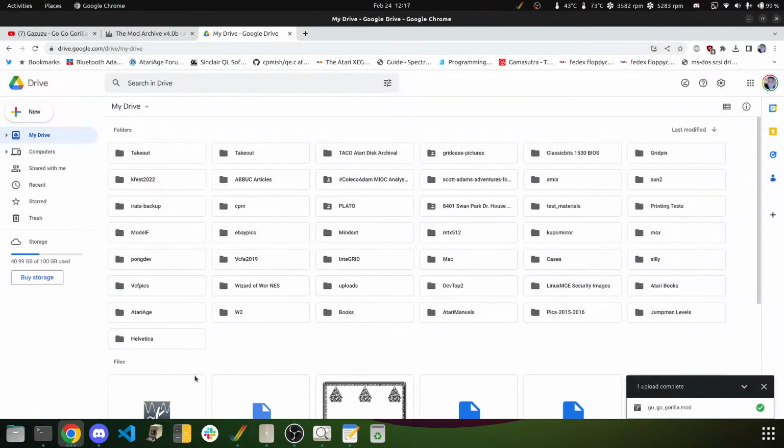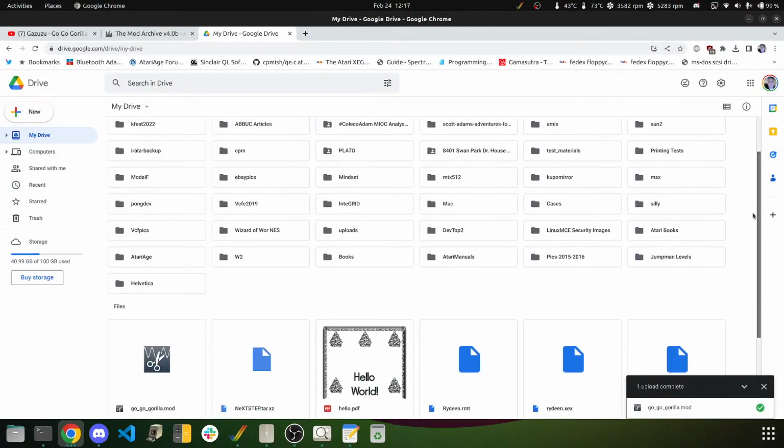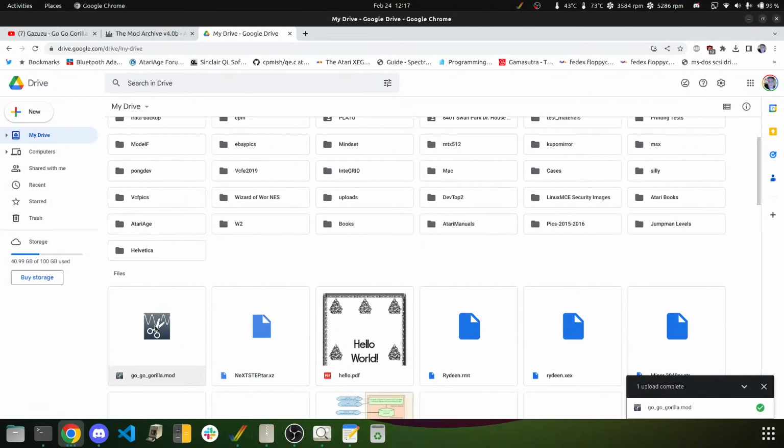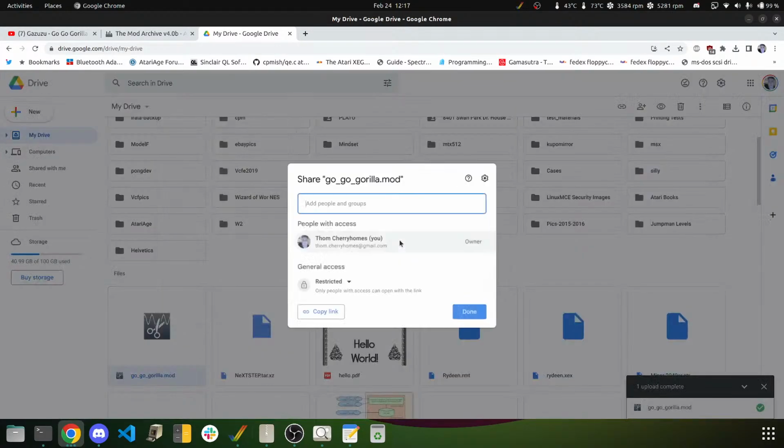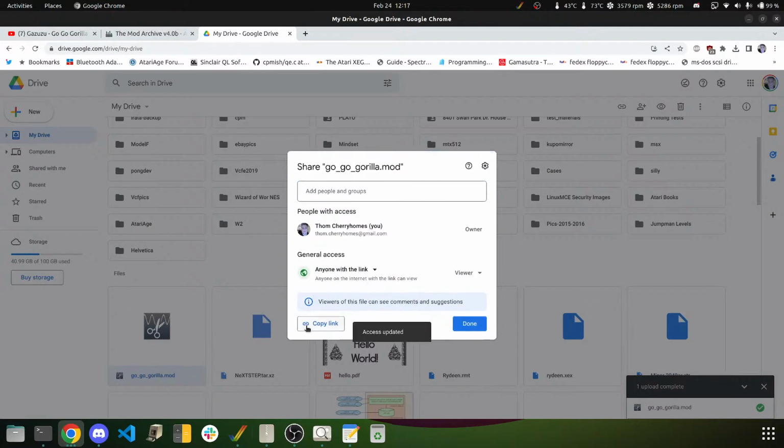And so now that's in place. It thinks this is some sort of cut and paste thing. Okay, you go Google. You're awesome. So we're going to share that. We're going to say anyone with link, copy link. I'll put this in the chat here, and I will put this in the video buffer, and we will call